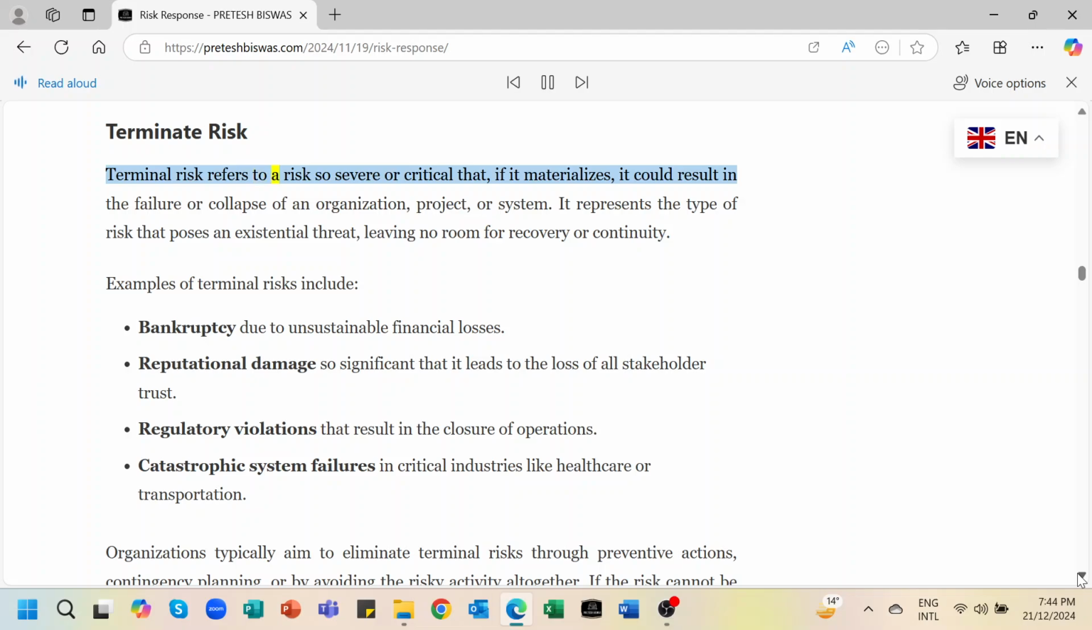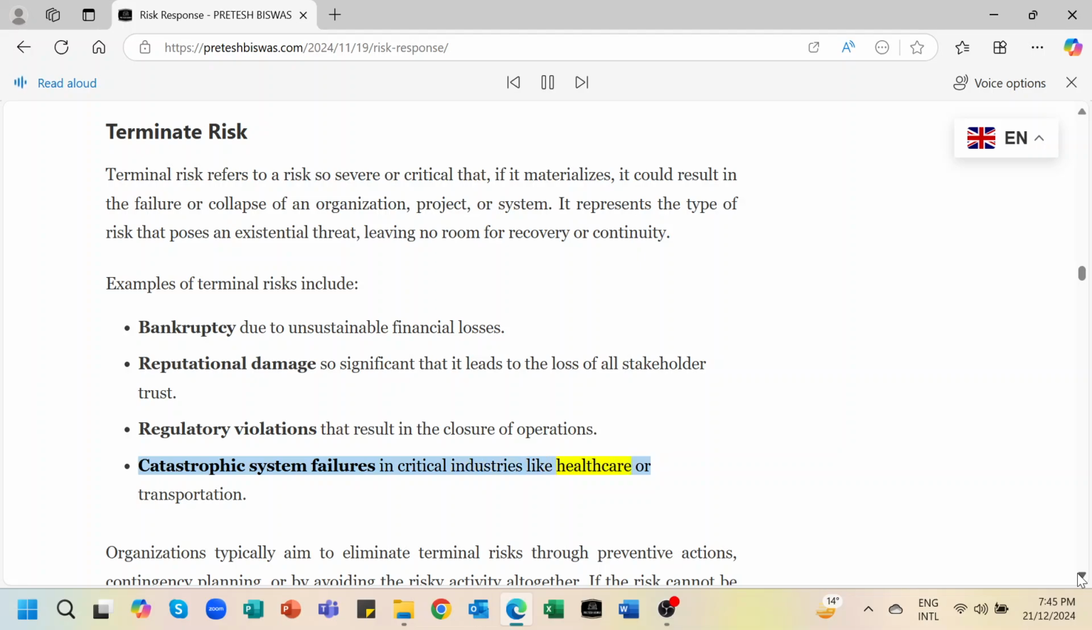Terminal risk refers to a risk so severe or critical that, if it materializes, it could result in the failure or collapse of an organization, project, or system. It represents the type of risk that poses an existential threat, leaving no room for recovery or continuity. Examples of terminal risks include bankruptcy due to unsustainable financial losses, reputational damage so significant that it leads to the loss of all stakeholder trust, regulatory violations that result in the closure of operations, catastrophic system failures in critical industries